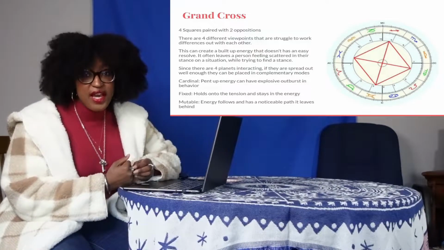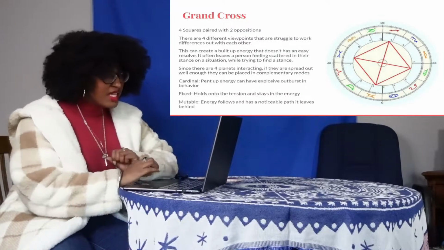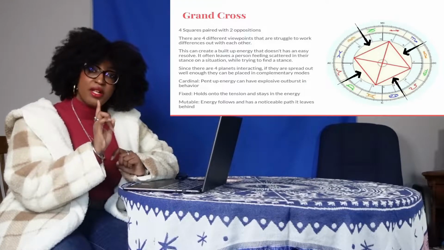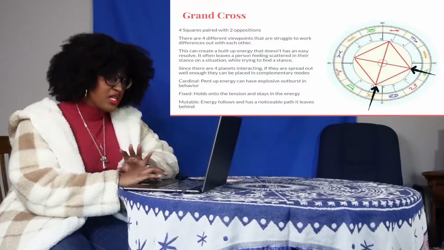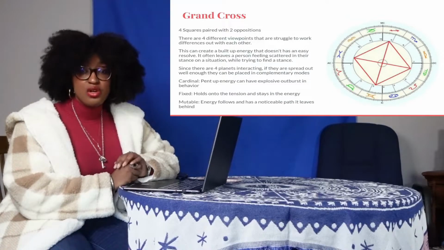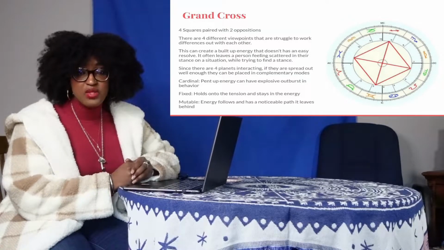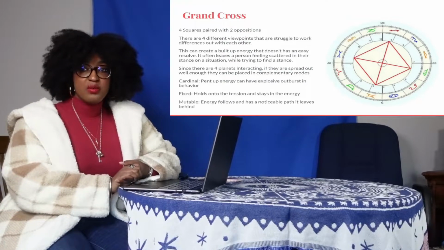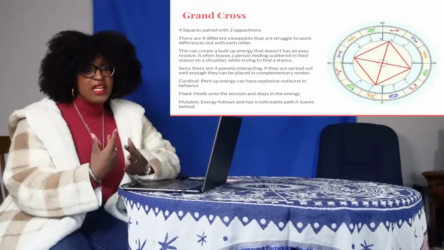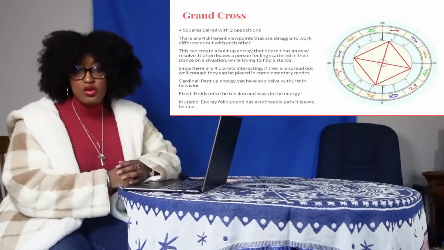Facing an extreme challenge in your life that just feels hard to overcome. And why is that? Because of squares. A square is an aspect between two planets right here. And these two planets, A, don't know how to get along with each other, B, don't see how they can get along with each other. So they're at a standstill because they're like, I can't do what I want to do and you can't do what you want to do. And together what we want to do is not going to work together. So how are we going to overcome this?